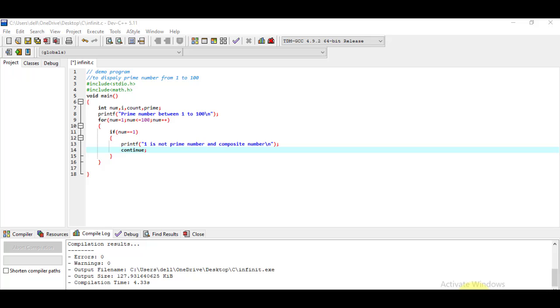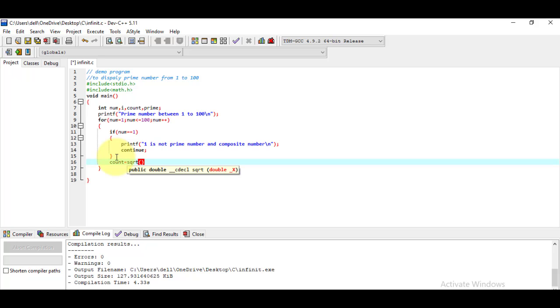Now in the next line, inside this loop, I write count is equal to square root of num.